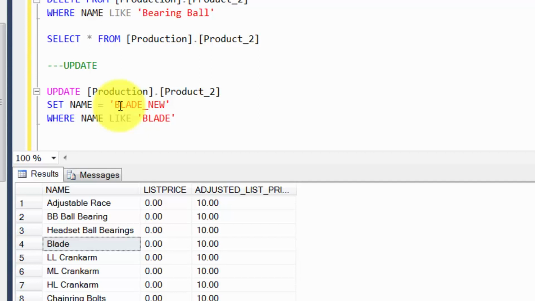Now please note you are assigning this new value to this column, so that's why we don't use the like operator here. What we are saying is update this table where name is blade, and whatever rows qualify that criteria, just update the name to blade underscore new. Let's see what happens now.